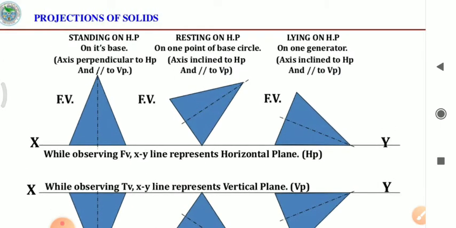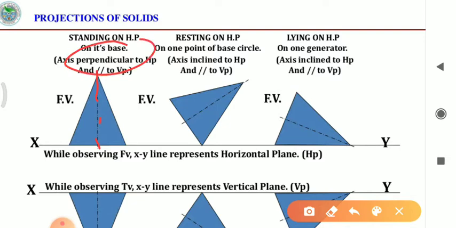Next, important comes the position. Standing on HP. He has taken the cone as an example. Standing on HP on its base means this is the front view. I hope you imagine the cone in 3D now. Here the axis is perpendicular to HP and parallel to VP. If I keep this cone on HP and show it in 3D,